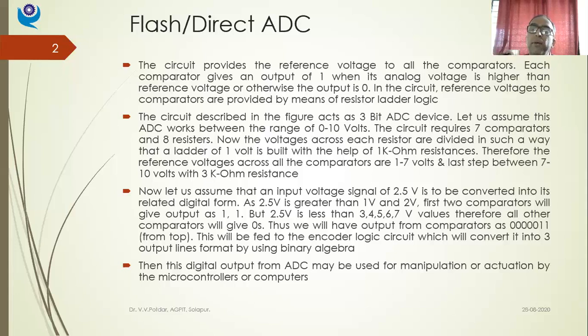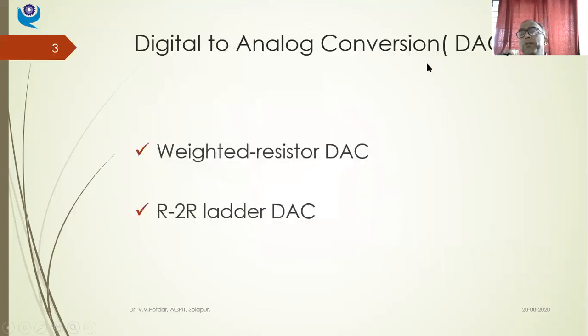So whatever processing I want to do further, whatever control action I want to do further will be done by either my computer or a microprocessor or a microcontroller. This is how my flash type of ADC works. So these were the 3 types of A to D converters. Let us quickly see, we want to finish the D to A converters as well. Let us see the 2 types of D to A converters now.